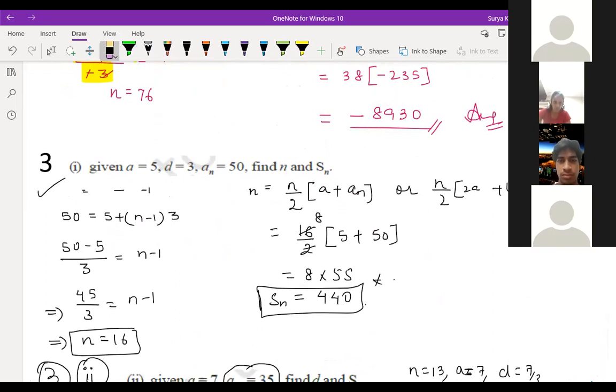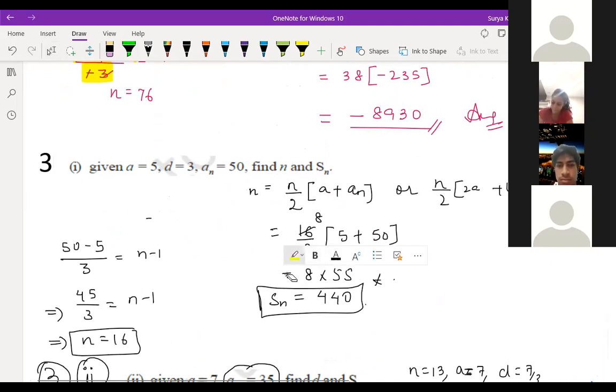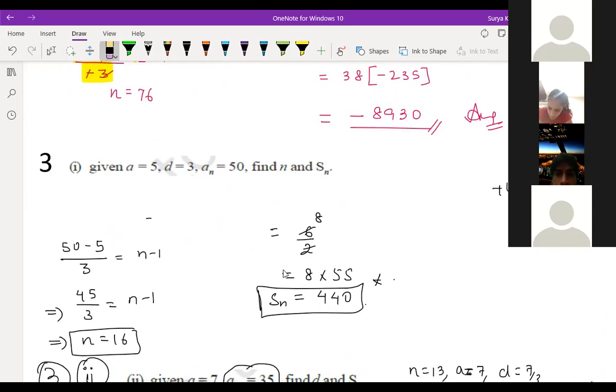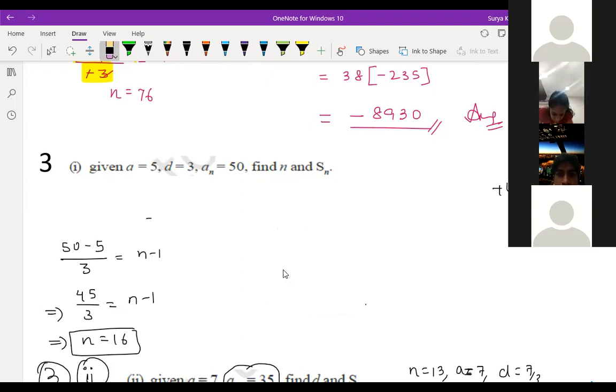Children, all of you start finding how to do this question. All of you start finding question number third. How to do this question, children. All of you do by yourself. I'm erasing here. I'll just solve here itself. What is given in the question and what you have to find. Just do that fast.